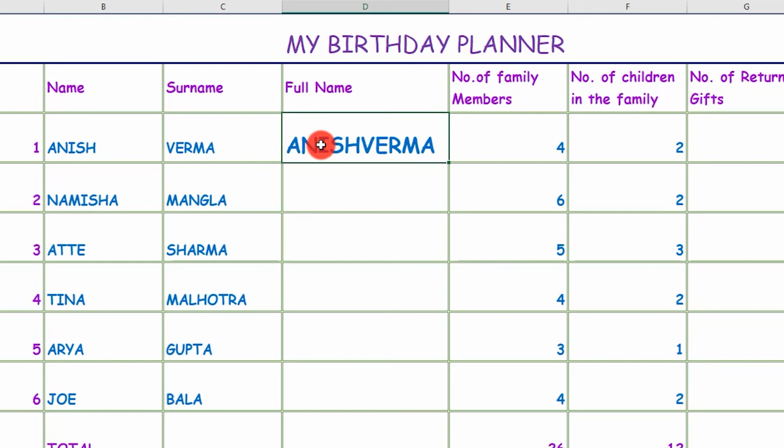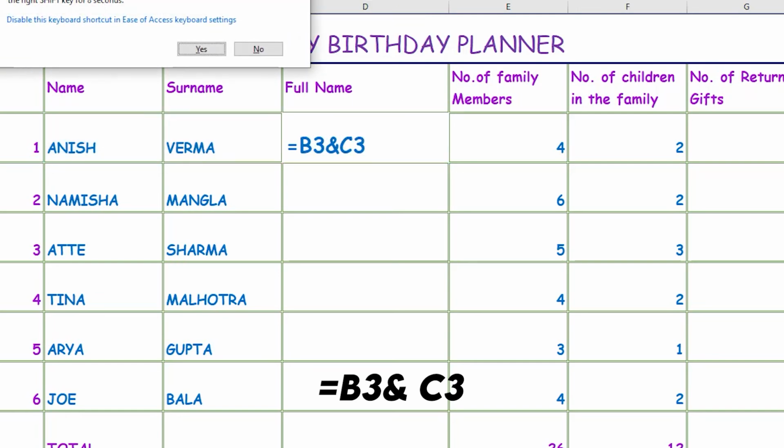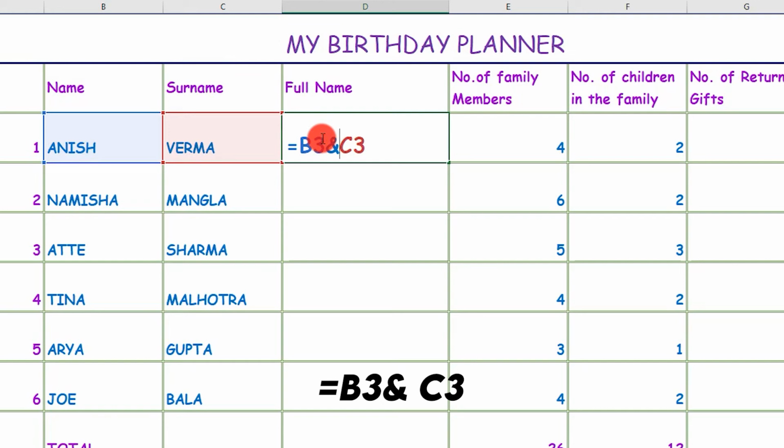Now to see the formula in the cell, I'll click on the cell. Right now I am on cell D4. I'll click on cell D3 and double click. Once you double click on the cell, the formula becomes apparent to you. Now for getting a space, space is given by blank quotes. Blank quotes means double quotes. So how do we give the double quotes? We use the shift and the quotes key together.